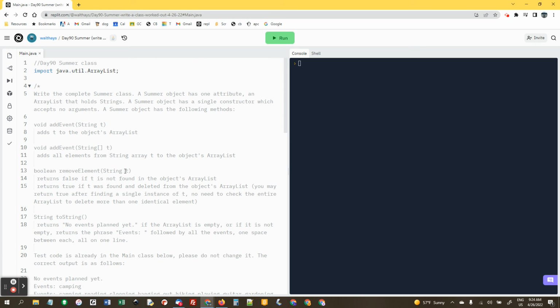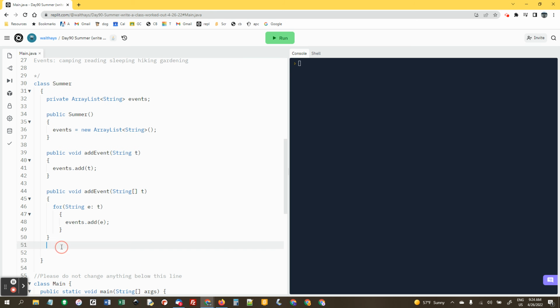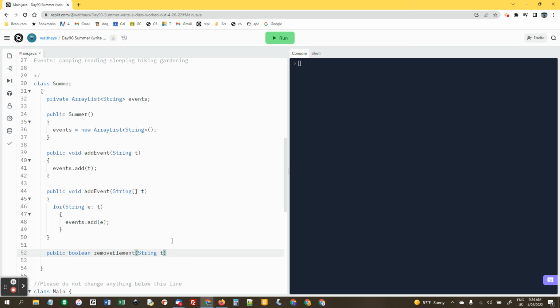Then we have a remove element. And it's a Boolean method. It's going to return false if t was not found, and it's going to return true if t was found and deleted. And I'm telling you here, you don't have to worry about deleting all copies of t. You just have to delete the first one you find. It's fine. So public Boolean remove element, string t,